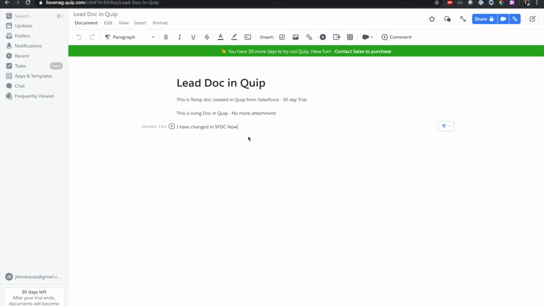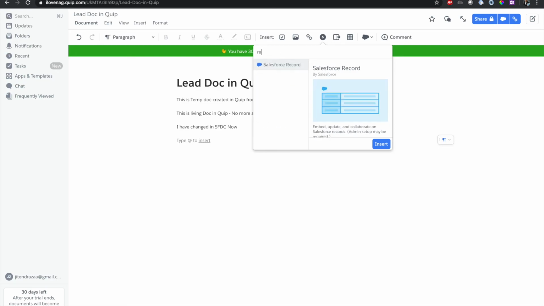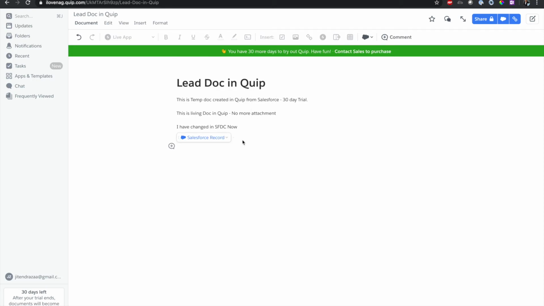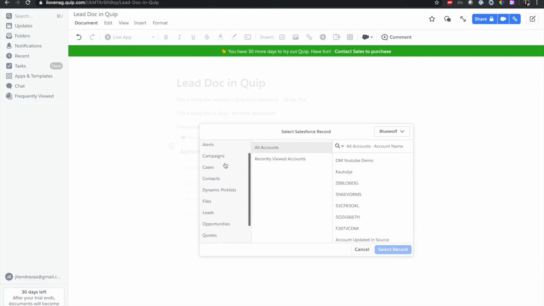So that is one of the features of Quip and Salesforce. There is another concept in Quip known as a live app. There are different types of live apps available like Project Tracker, Salesforce, Jira, and Excel sheet. Let's bring a Salesforce record inside the Quip document itself.